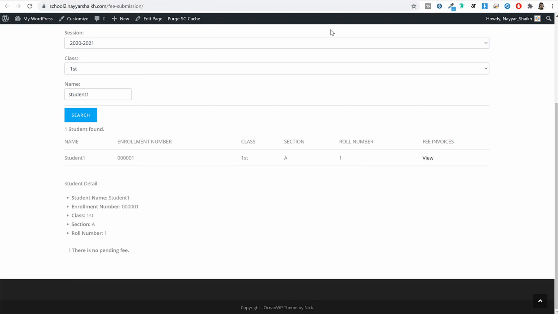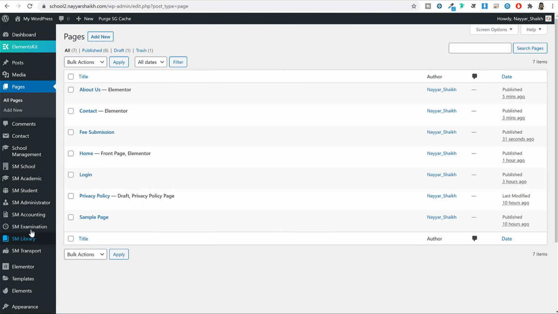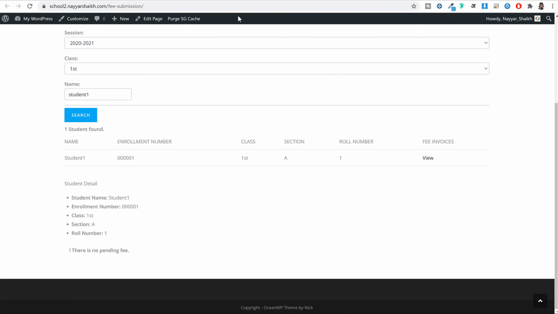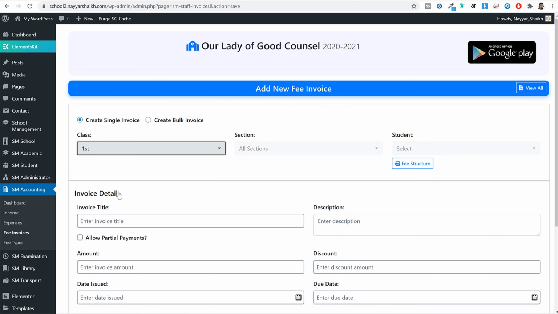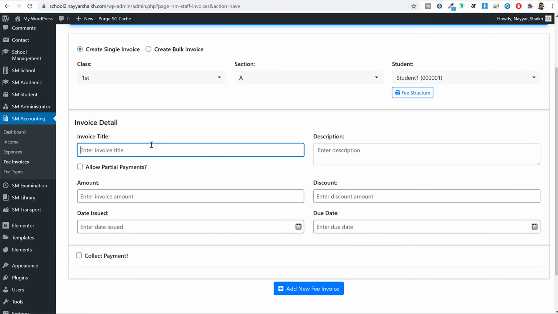Now actually let me just show you this thing. I think this is left. So come back to your dashboard and under accounting you will see, go to a dashboard. Now first of all, school will raise an invoice and after that this person or this parent will make the payment. So to add a new invoice, we'll click on add new fee invoice and select this student. So class 1, section A, student 1, invoice title maybe July fee,